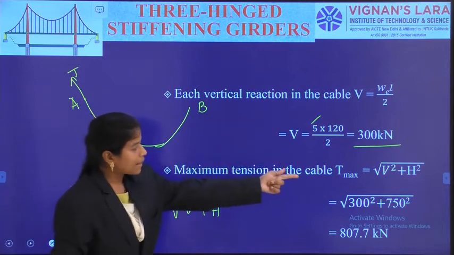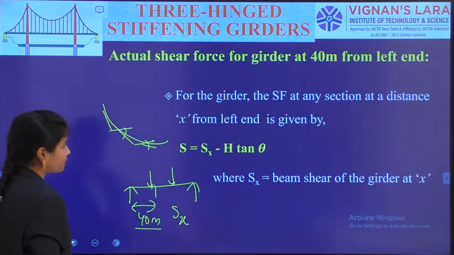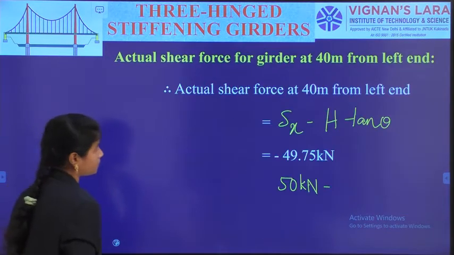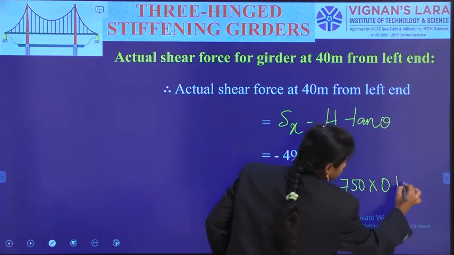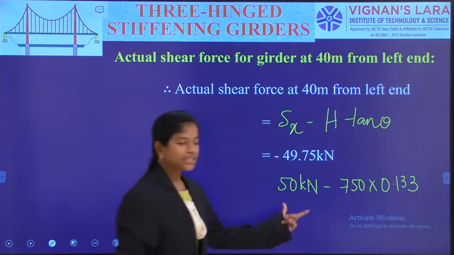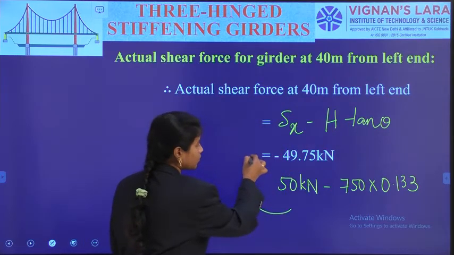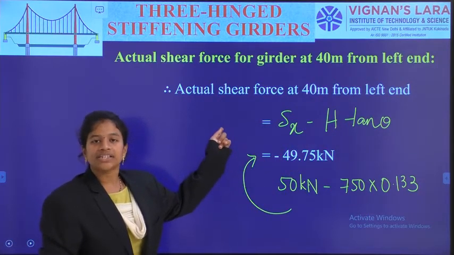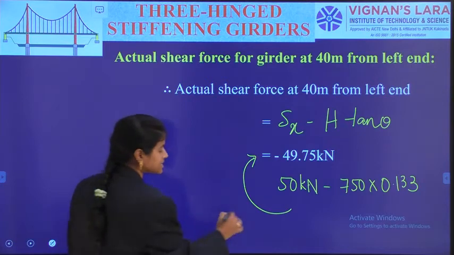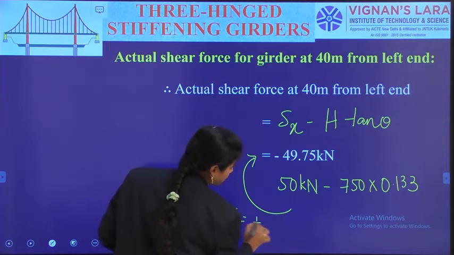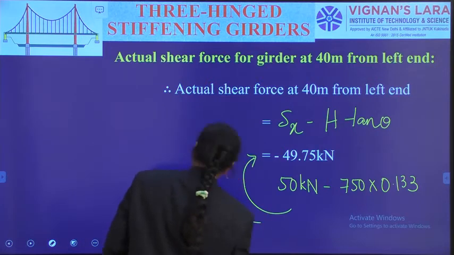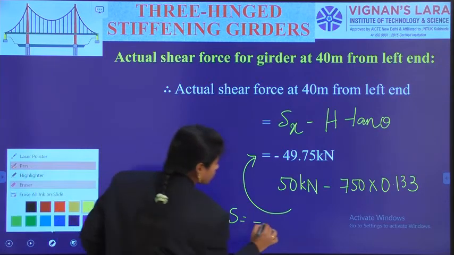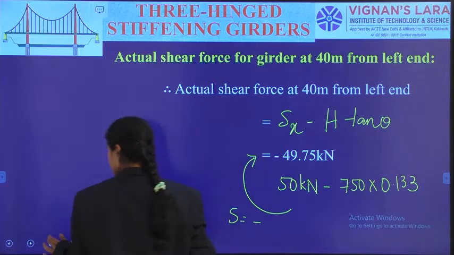So that capital H is 750 into 0.133. So with this multiplication, finally we have got the actual shear force on the girder as S is equal to minus 49.75